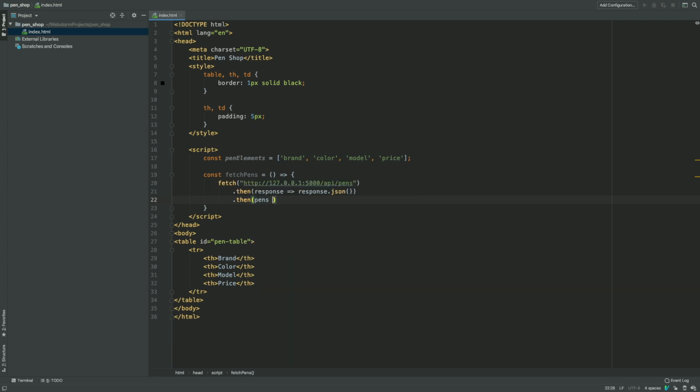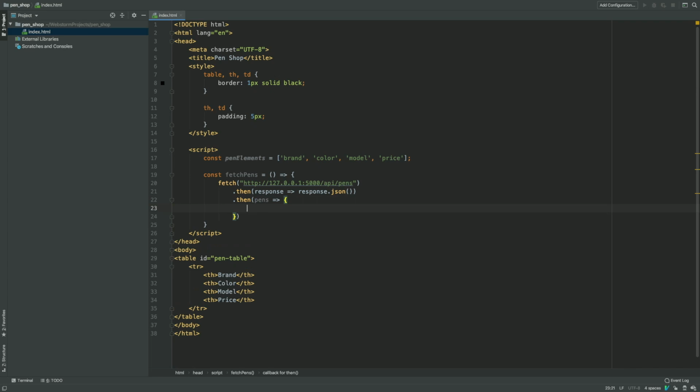We'll call it pens, right? So that says, hey, the response from this should have JSON data, and then we can just serialize that into JSON from a string, and then we'll call it pens in our next function when we actually operate on it. And here, this means that we're only executing a single line. So just execute this one line and call it a day, and it will return this value back, right? So this is essentially like writing this,